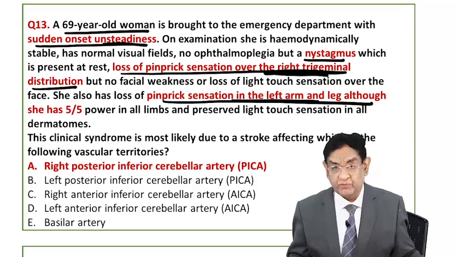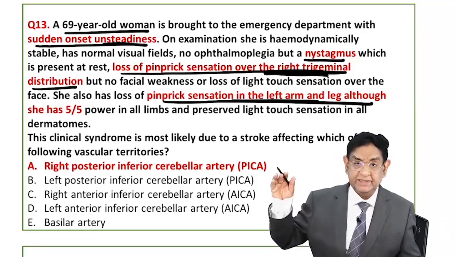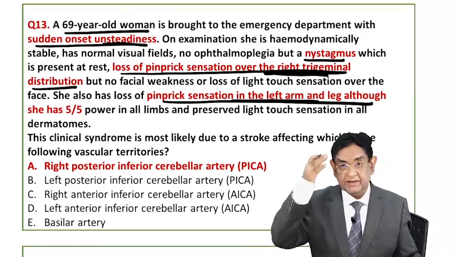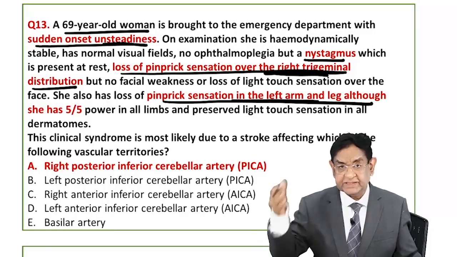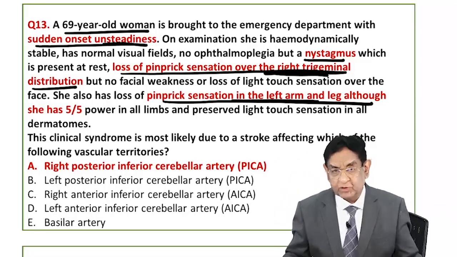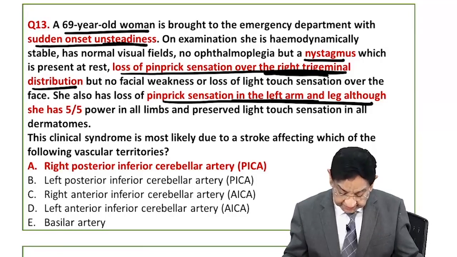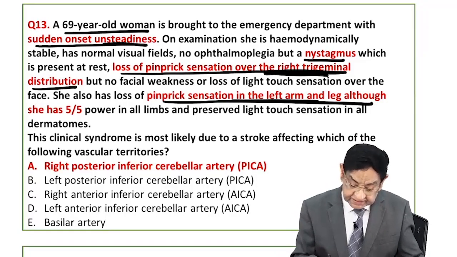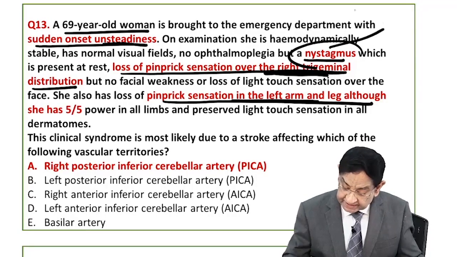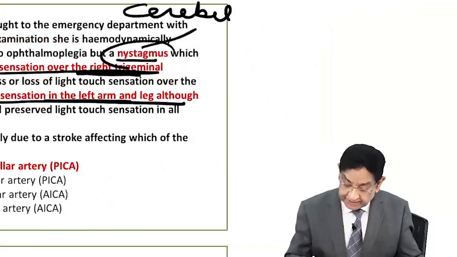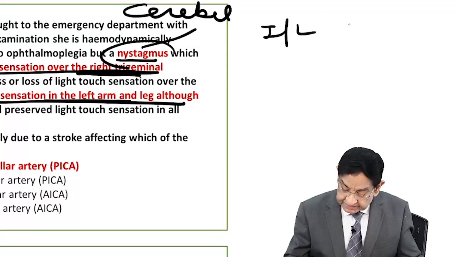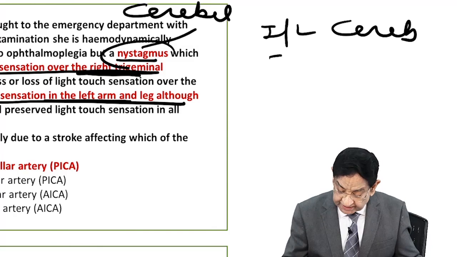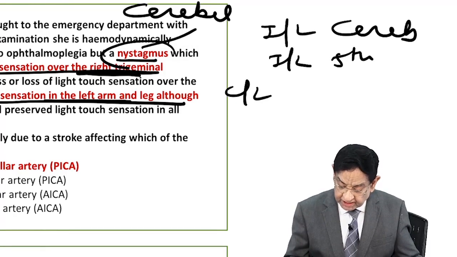Sensory loss is on one side in the face, the fifth nerve on the same side, and the rest of the whole body on the other side. Nystagmus indicates a cerebellar feature. So we are getting ipsilateral cerebellar features, nystagmus, and ipsilateral fifth nerve palsy,